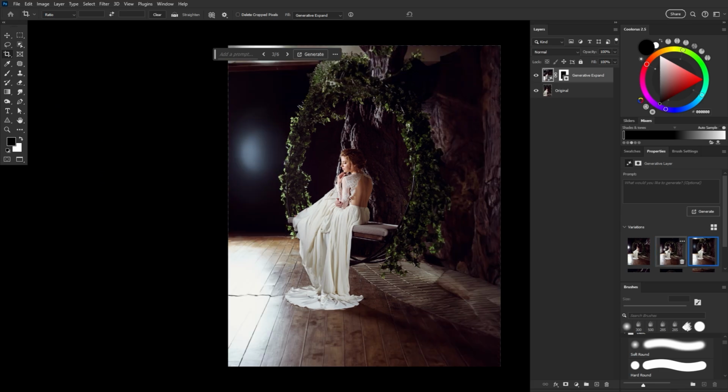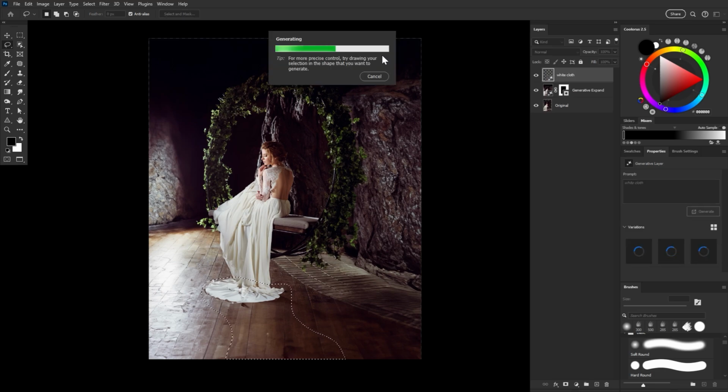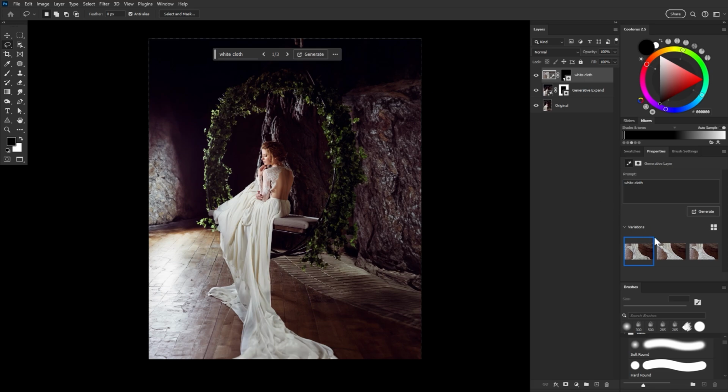But next, I want to look at jazzing up this image with some generative fill magic. So in our wedding photo, I've got this idea to extend the train of the dress towards the front of the camera here. So let's start by selecting that area where we want to add the detail using the lasso tool, and it will keep the shape of the selection in mind. Then we're going to click on generative fill in the floating context bar. Type in a description of the detail you want, like white cloth or even dress train possibly, and hit generate. Again, we'll be given 3 variations, or we can make a few more if we need to.